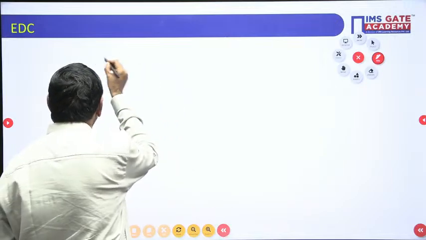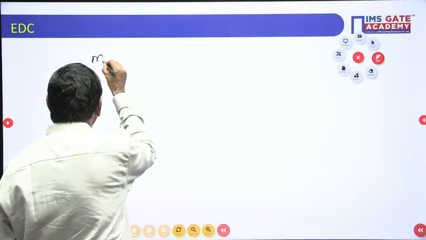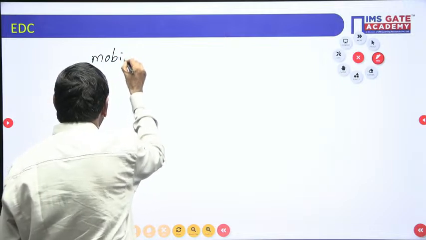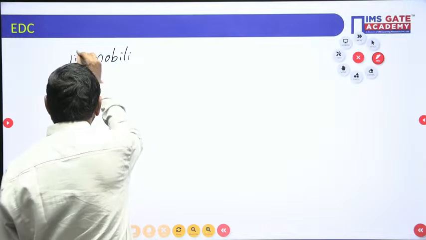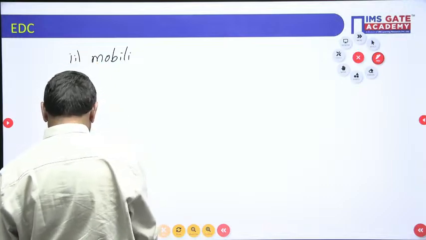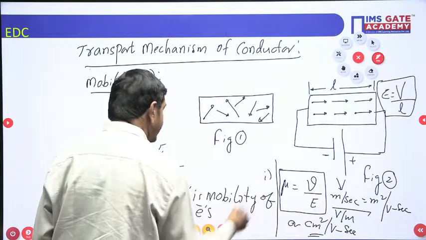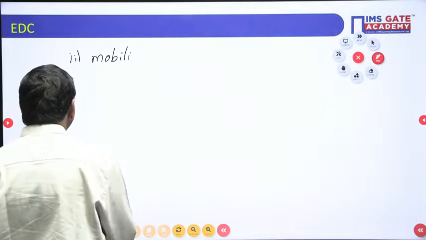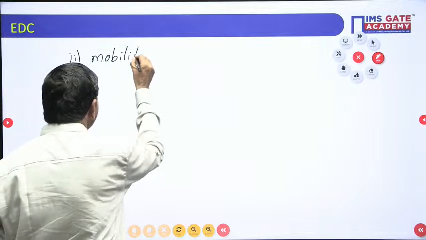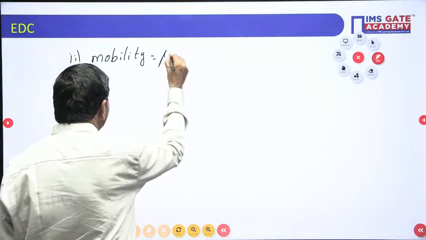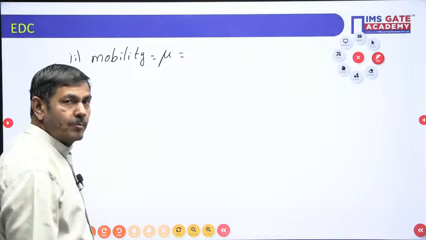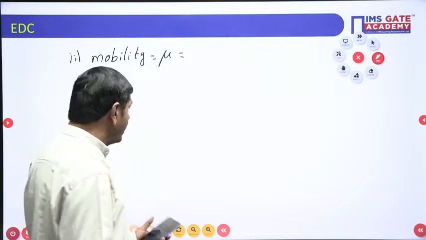Mobility can also be calculated by one more formula. Second formula I want to give here. This is the second formula. The last one is nothing but the first formula you can use now. This is the first formula. This is nothing but the second formula. Mobility is mu, whether it is electron or hole, no problem. That is to be calculated by